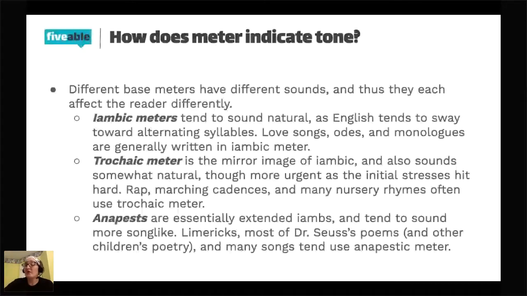I say focus on what you're the most comfortable with. Meter is a way to get more elevated analysis of a poem. But one of my pitfalls at the end here is: don't just point out a meter just to point it out. If you can do both things, point out figurative language and point out meter, that's going to look fantastic. But if you are super comfortable with figurative language and you're still working on meter, then stick with what you think you're going to be the most successful with, if that makes sense.